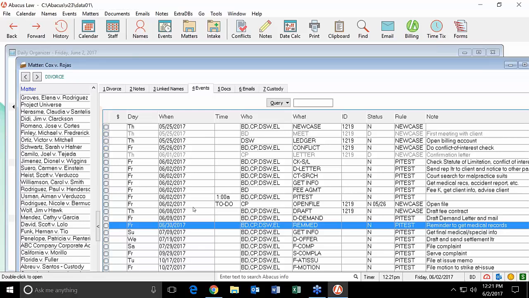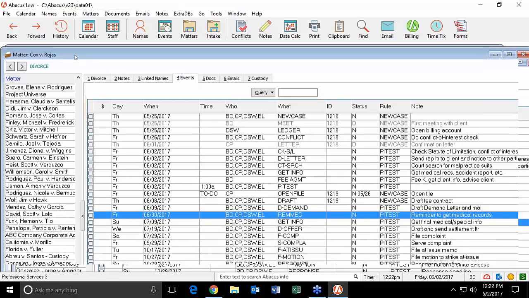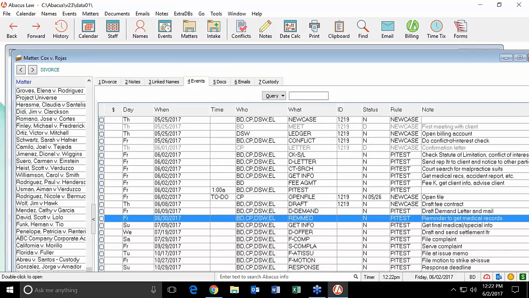So this is the power of the rules. Of course, everything is pre-programmed, preset on those rules. Those rules have events that are related to one another. They're linked to one another, separated by intervals, and this is how they all get scheduled. Now you'll have all of these events listed under your matter, but it's also going to be listed under the calendar for each one of these individuals that appears on the whole. Okay, so having said that,